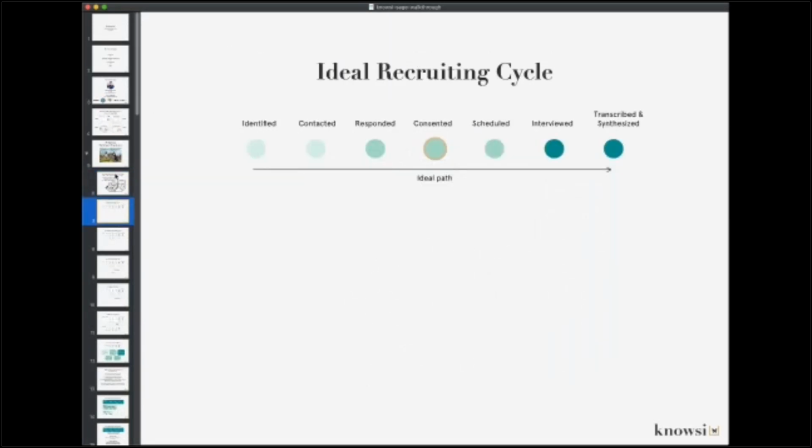And so there's a couple of different ways to think about the participant experience and the process of research itself. Here is one of potentially many different ideal recruiting cycles for the research process.